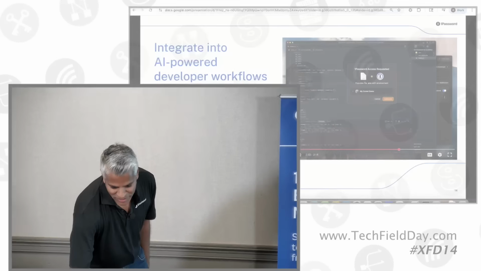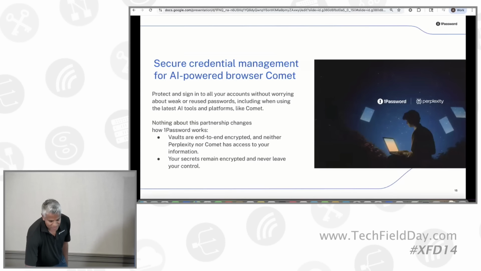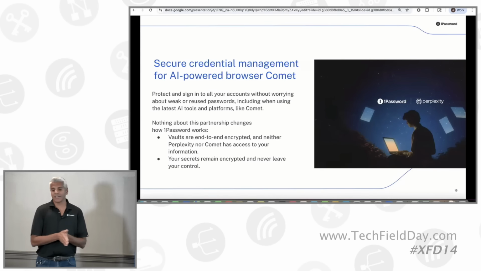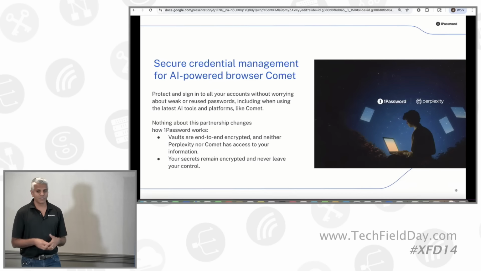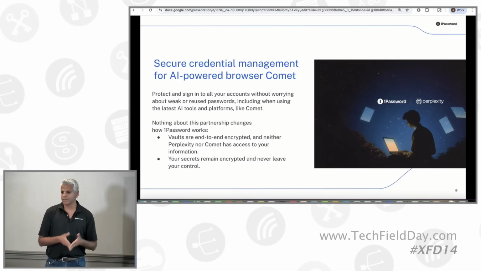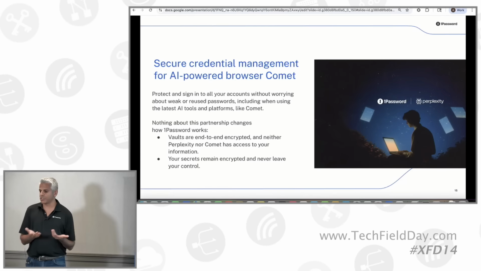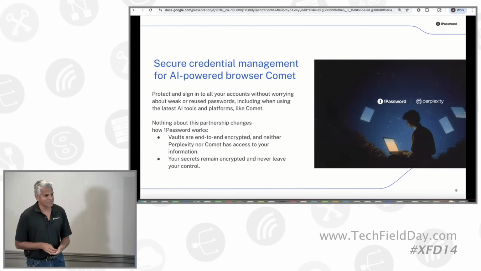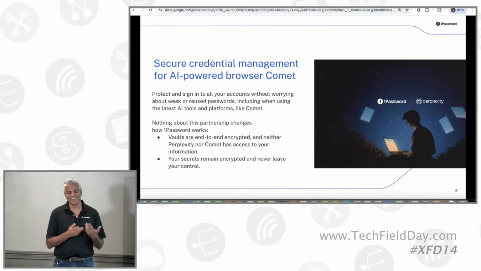And then one last thing, and then I'll hand back to Jason, is we recently announced a partnership with Perplexity to be a launch partner with their browser. So they have an AI browser. The scope of the partnership really is that we're the only password manager or browser extension that does password management that is launched with them. And the goal for us is for people that choose to use Perplexity, we want them to use it securely. We don't want them to memorize passwords or use Post-it notes, as Leah said, or anything like that.